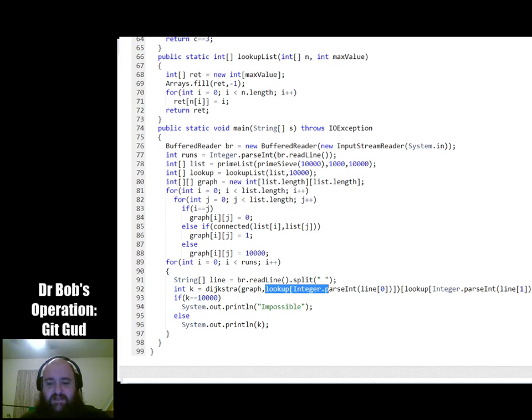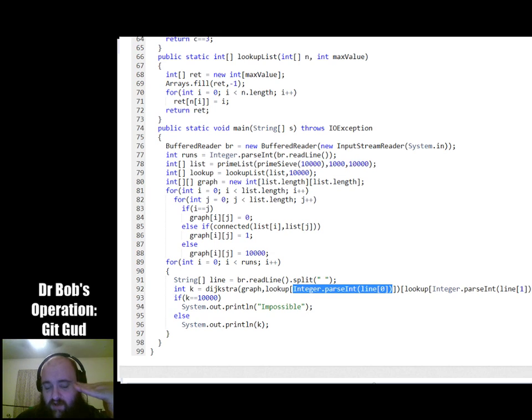I pass in the lookup value of the 0th of the first number in the input. So that lookup value, the number in the input, is the prime that we started with.